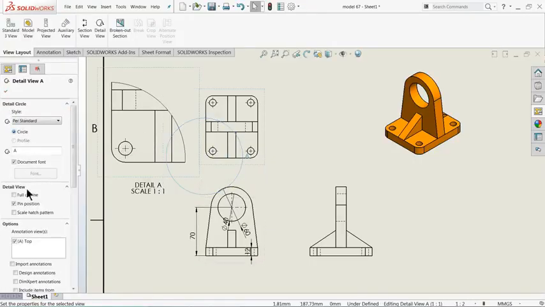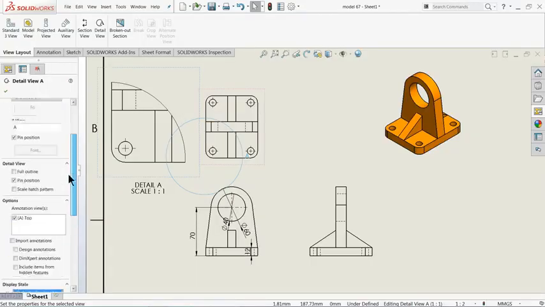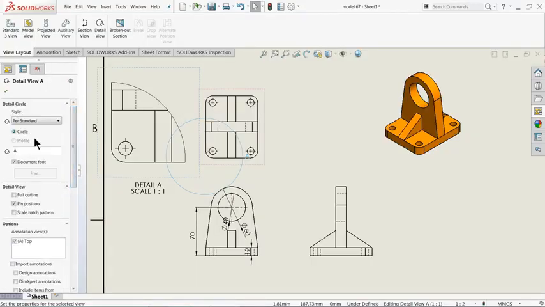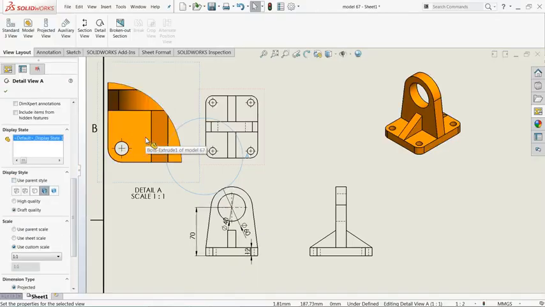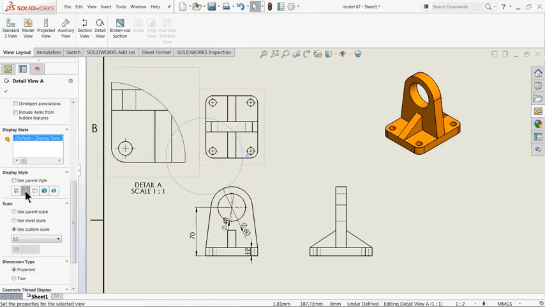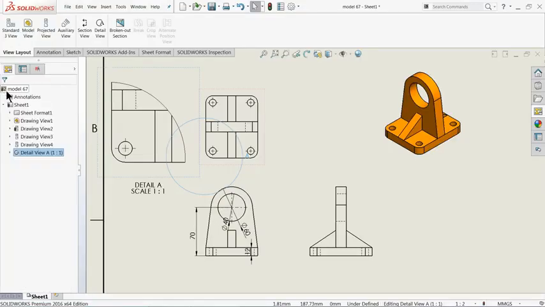Now here you can define all the things. You can choose hatch, full outline. You can uncheck parent, and this color also we can change. It's up to us.